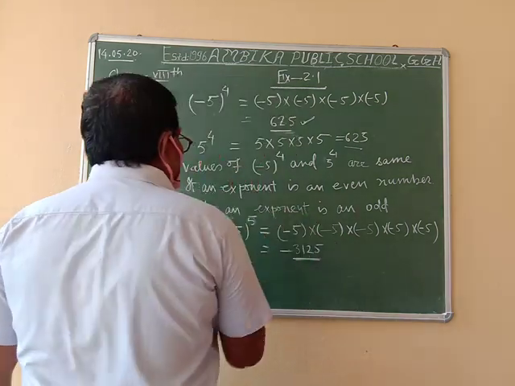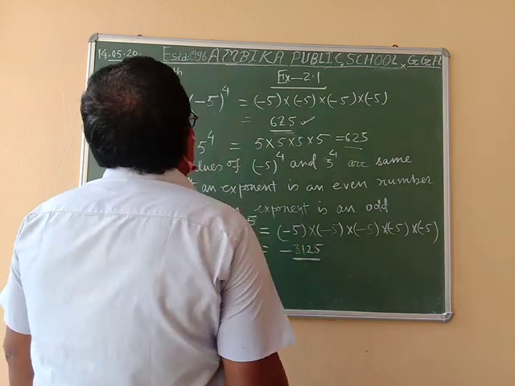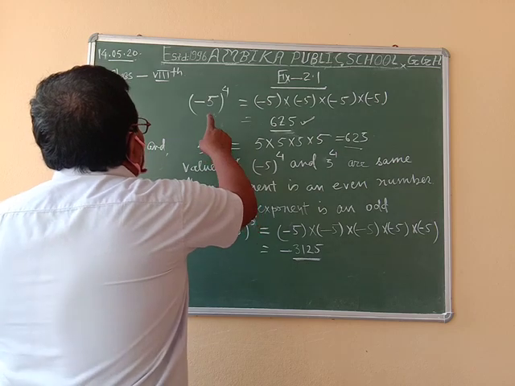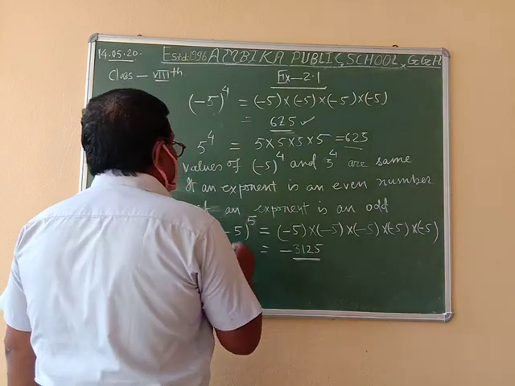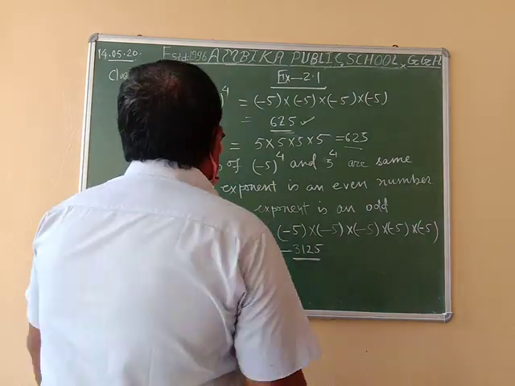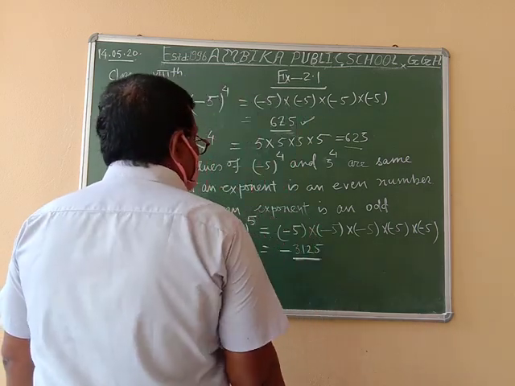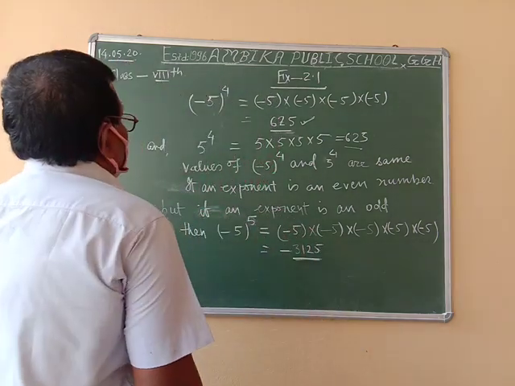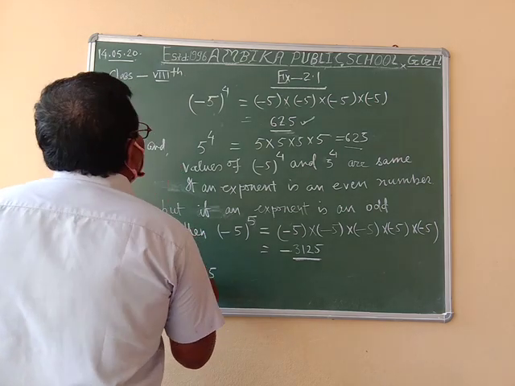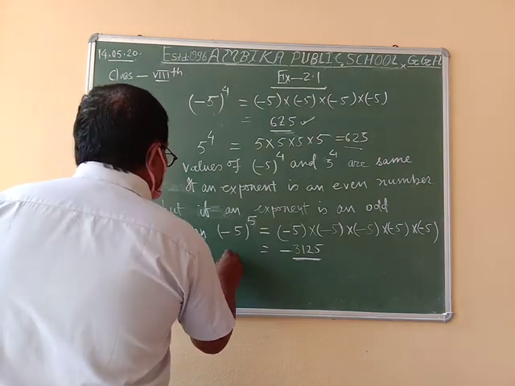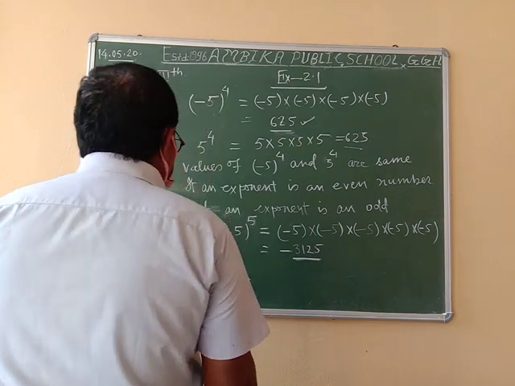So if the exponent is an even number, then the value of the given number will be positive, and if the exponent is an odd number, then the value will be negative. So they are different. So minus 5 to the power 4 is not equal to